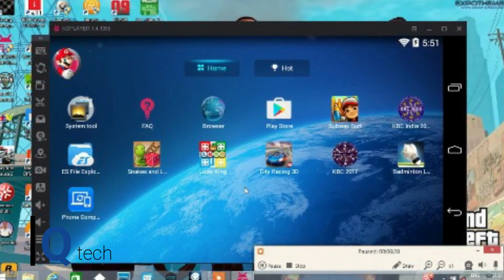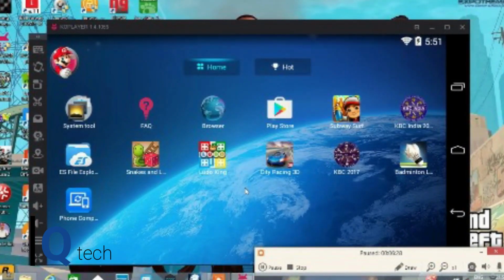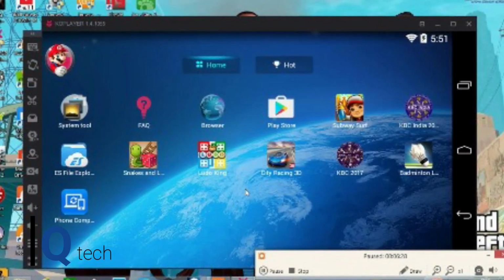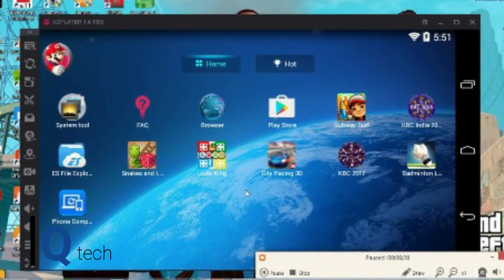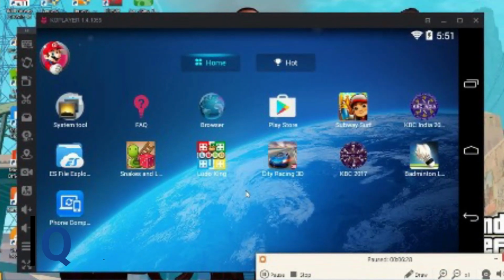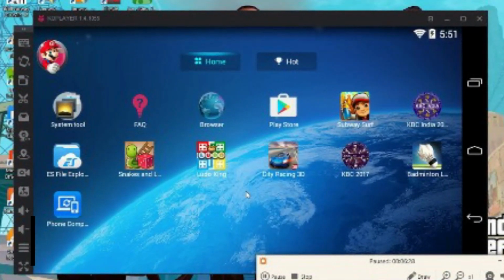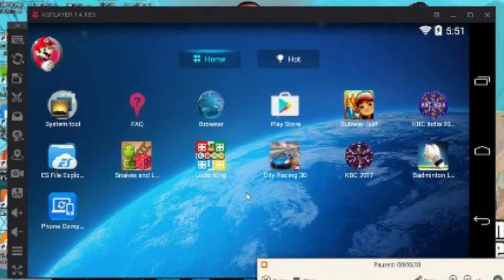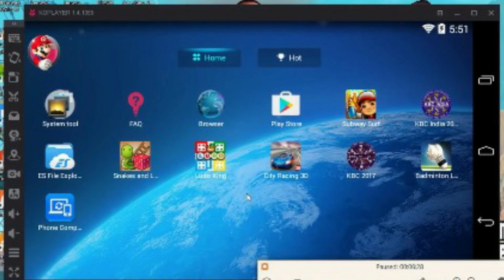Like many of the Android emulators, you have full access to the Google Store to install apps. Just use caution like you would on your phone or tablet when choosing which apps to install. Unfortunately, on the home screen app icons can't be moved. CoPlayer is completely free, but like most emulators, you'll have to deal with the occasional ads.